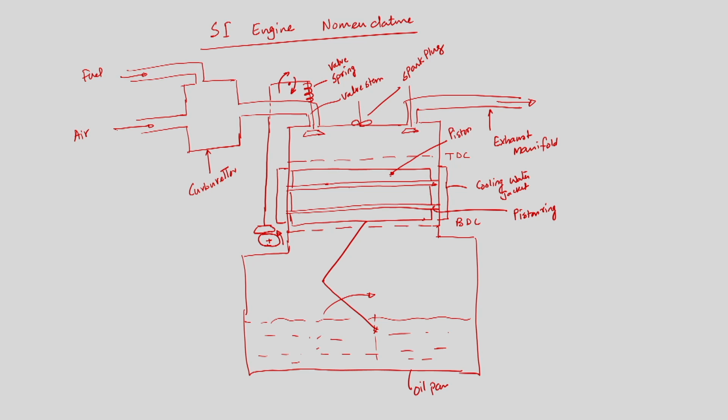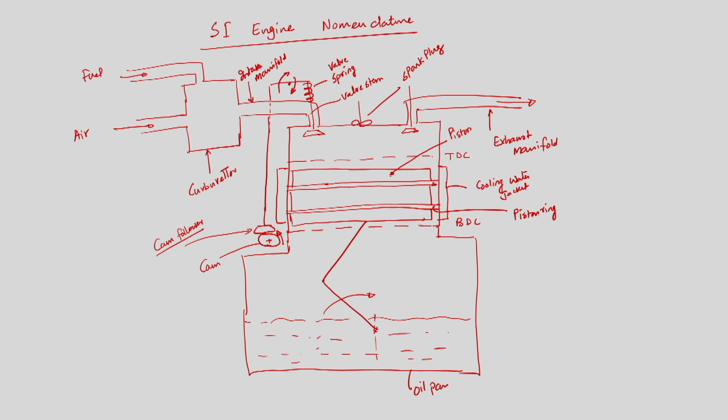This is the cam and follower mechanism, which is connected with this connecting rod, and it is also connected with the spring valve. This is the valve stem, and this is the spark plug. So this is the cam and this is the cam follower. And this is the intake manifold, through which the air-fuel mixture is introduced into the engine cylinder.